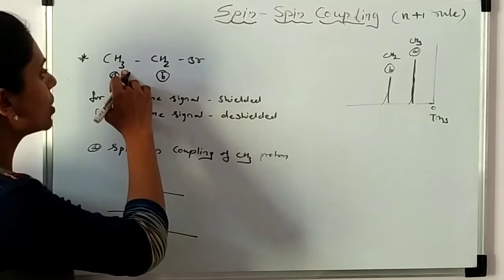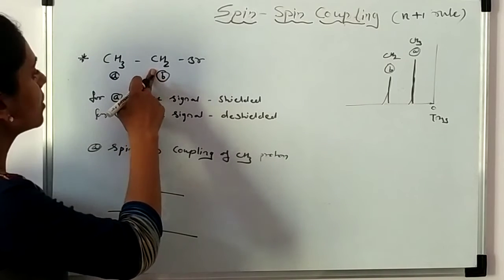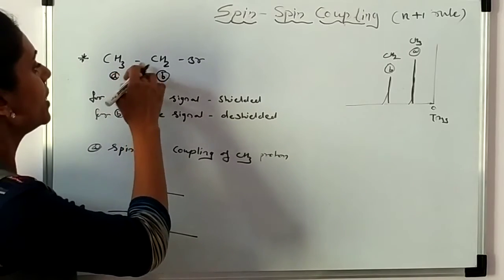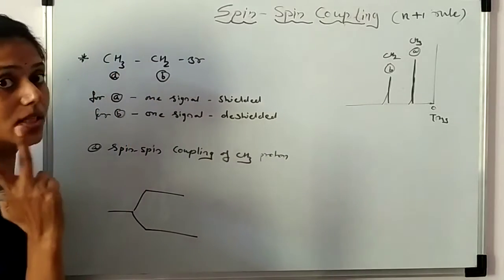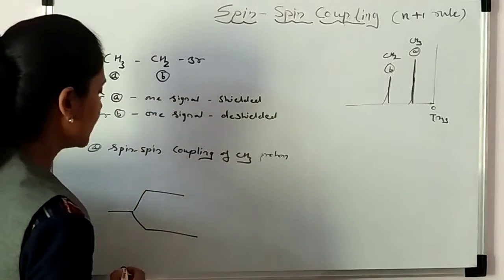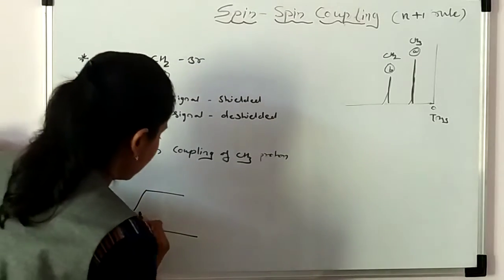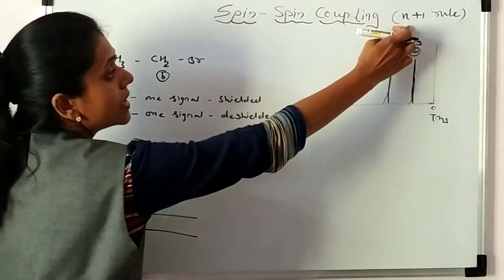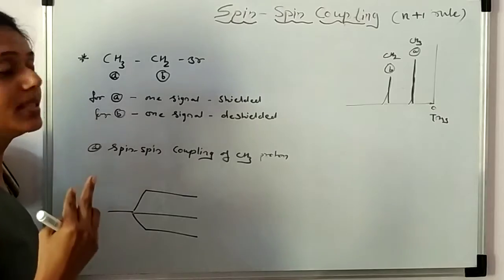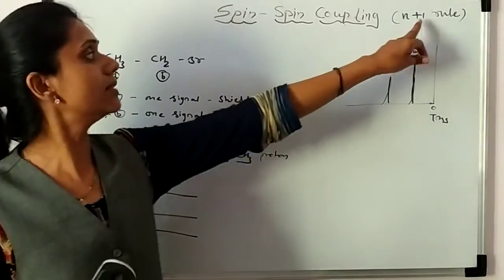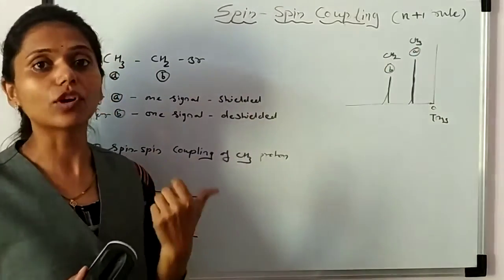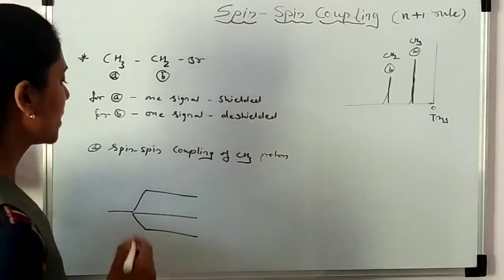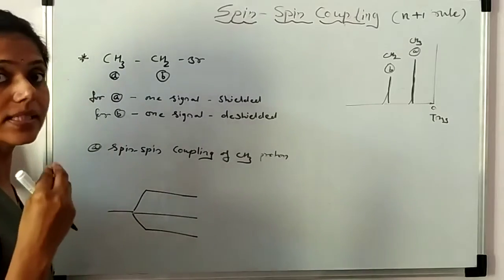How many protons are coupled with the CH2 group? When we study the CH3 coupling, on the adjacent side there are 2 protons, and here we get a triplet. Since we get the value 3, we studied the multiplicity from this n+1 rule. It is for the multiplicity number of the spectrum we will draw here. There is 3, which means triplet.